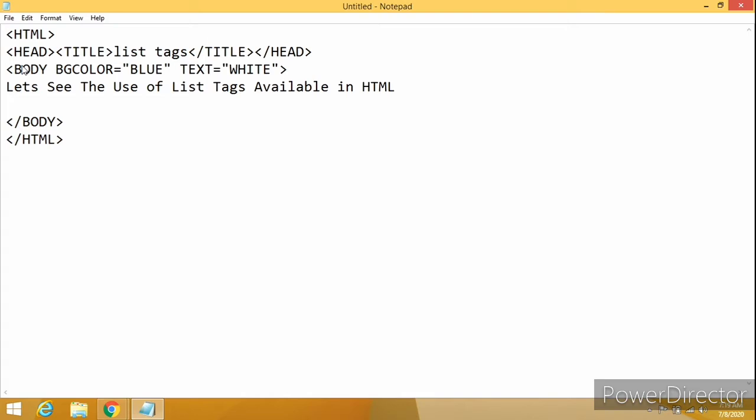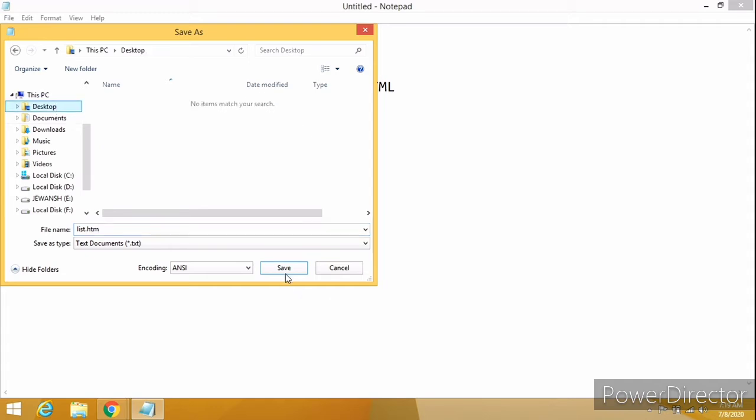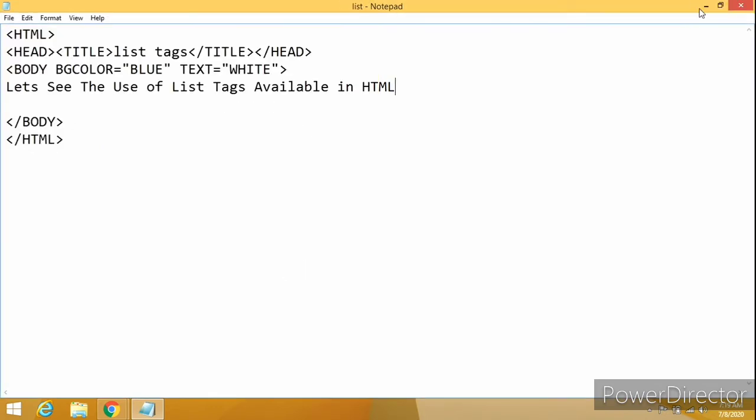I will go to the save as option, as by default it takes the txt file. So let me name the file as list tag dot, what will be the extension? HTM or HTML. So I am creating it on my desktop. Okay, I have just saved the file.